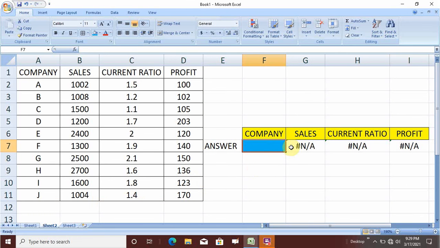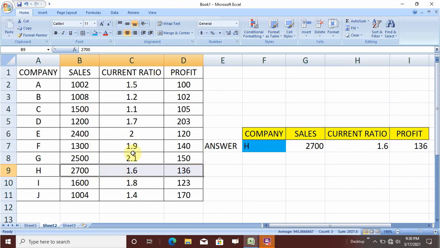Now as you can see, if I put A here, all the data will be automatically calculated. You see, A sales 1002, current ratio 1.5, profit 100. You can see here, this is the same answer that you are getting here. Now if I put H, you will get this H answer.